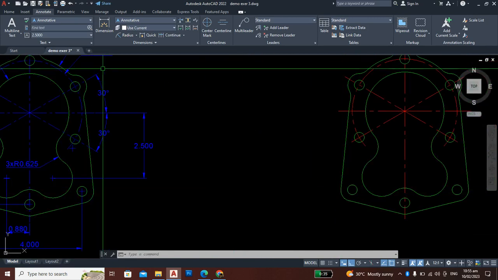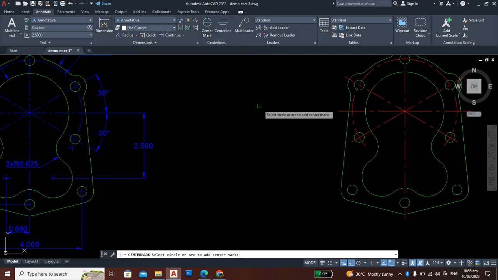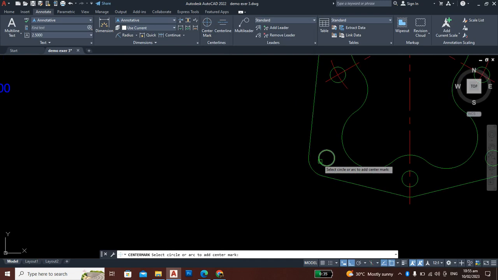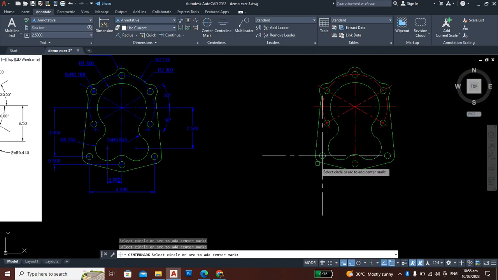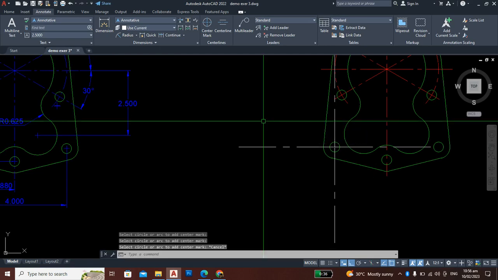So we will have another option. This here, if you see, center mark. Say this is the other option. Click, and for example, we'll put it here. So it's very big. Okay. Or yeah, it's very long, big. So we need to change this. But the changing of the size of the center mark